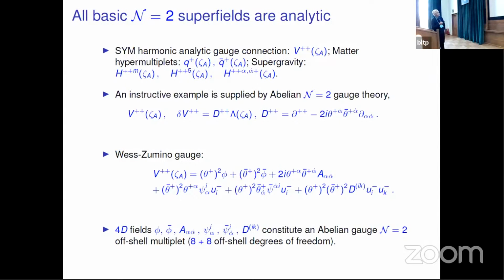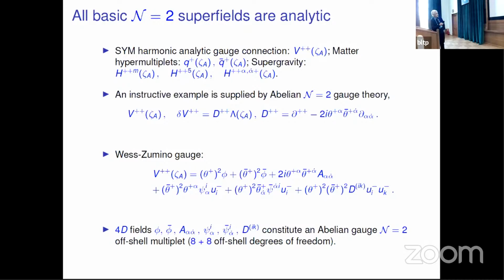So we have this V++, the basic object of N=2 super Yang-Mills theory. The basic objects of matter are hypermultiplet superfields, and supergravity is described in terms of analytic superfields having vector indices, and some additional five indices in the Lorentz invariant, and some superfield having spinor indices. Now, what concerns N=2 gauge theory, it is just described by a V++ superfield, which has the following